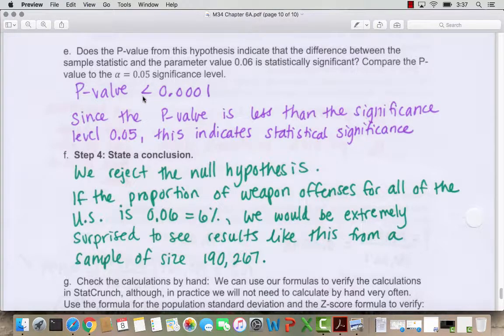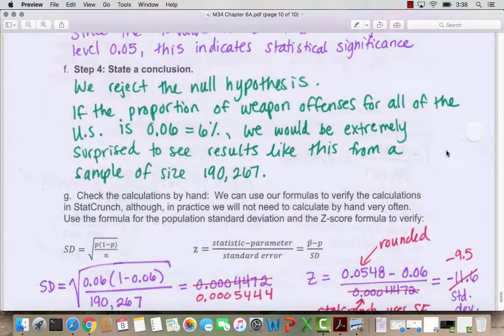Since the p-value is less than the significance level 0.05, this indicates statistical significance. So in our conclusion, we can say that we reject the null hypothesis. If the proportion of weapon offenses for all of the US is 0.06 or 6%, we would be extremely surprised to see results like this from a sample size